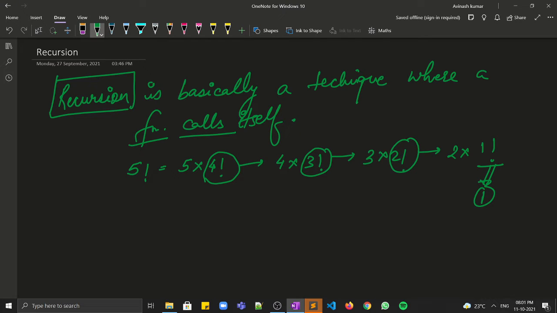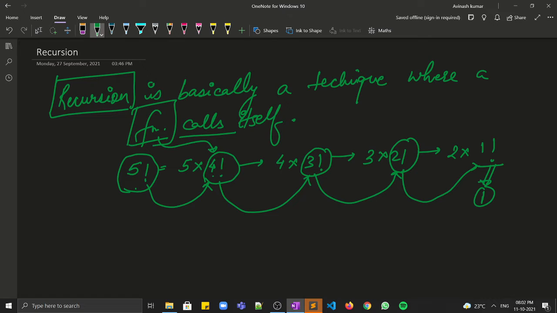So as you can see, when a function call is made, the input is getting smaller step by step. So if you want a function to do some work, it calls on the subproblem by reducing the input. Like 5 is reduced to 4, then 4 is reduced to 3, then 3 is reduced to 2, and 2 is reduced to 1 finally. In this way the function calls itself and the input gets smaller every time.